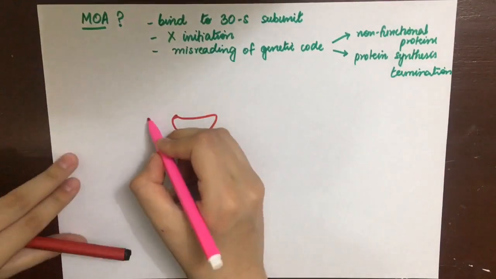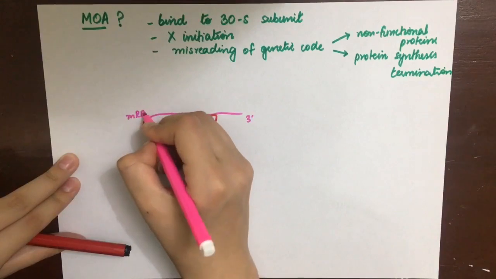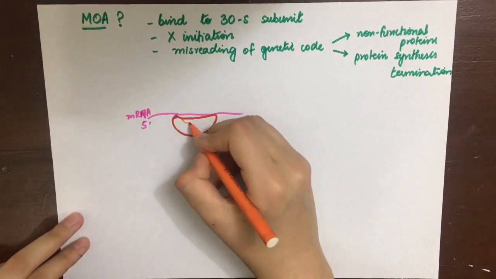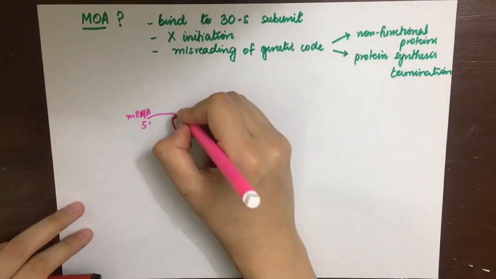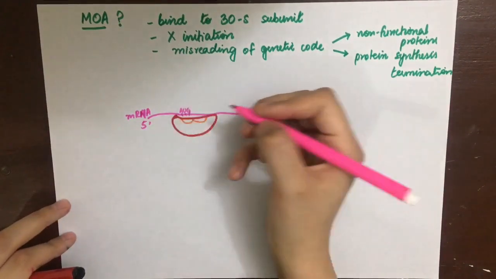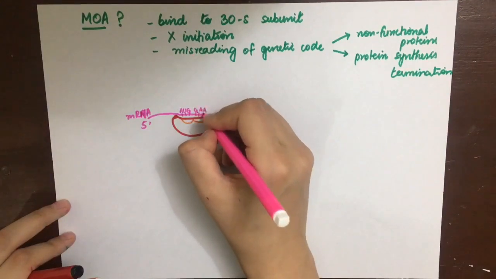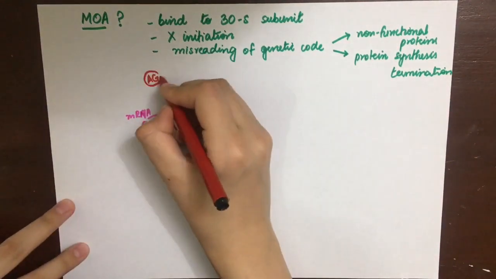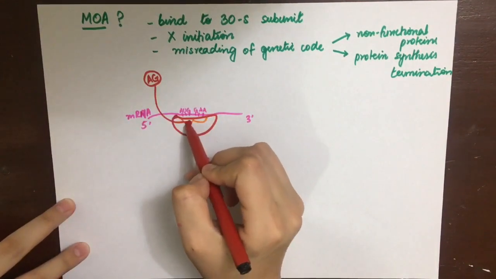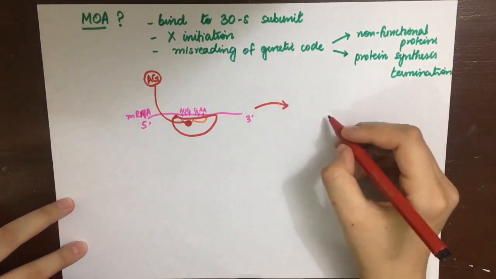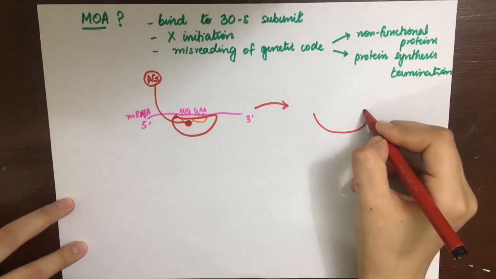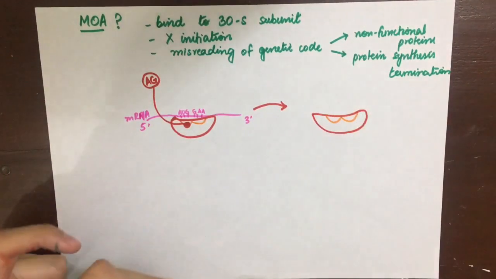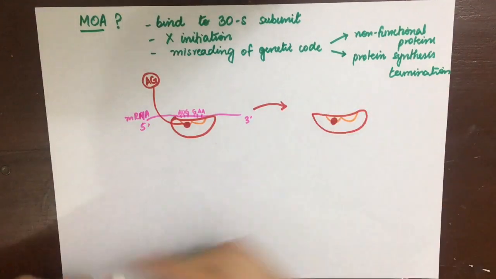This is a 30S subunit of the bacterial ribosome, and this is the messenger RNA, which will be read in 5' to 3' direction. Suppose we have a codon such as AUG and GAA. AUG will be the start codon, and GAA is, for example, another codon which will encode for a specific amino acid. Now, if the aminoglycoside attaches to this site on the 30S ribosome, what will happen is that this messenger RNA will form a kink over the area where it is attached,